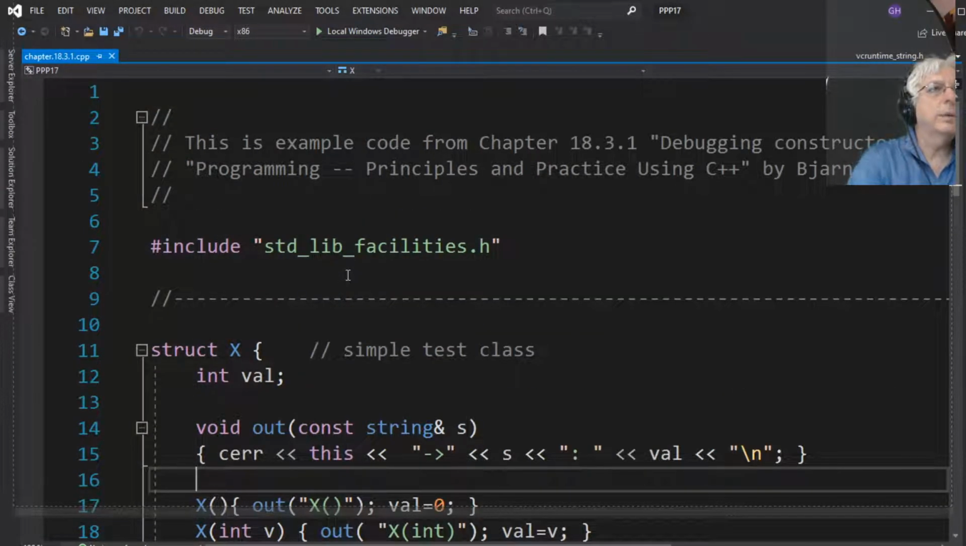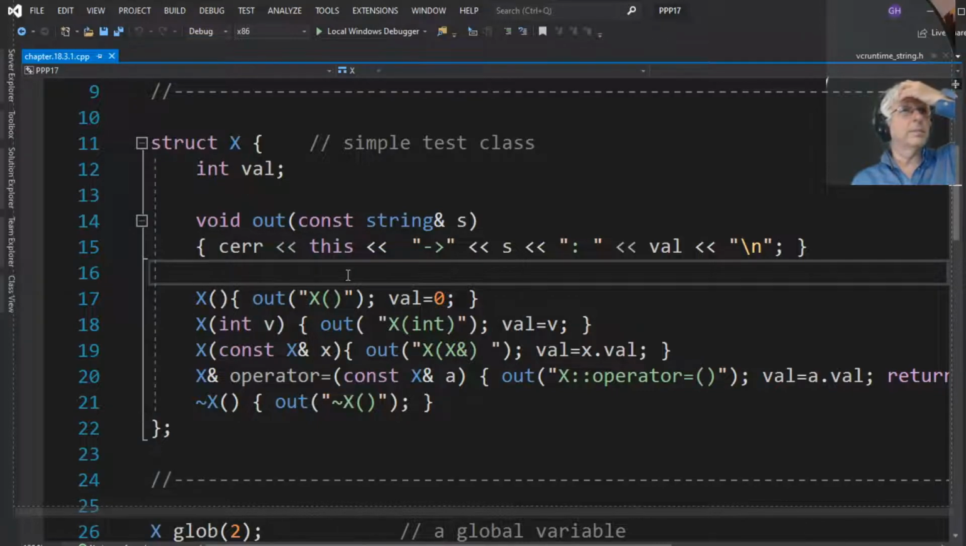All right, so here we've got a struct, and it says a simple test class. A struct is essentially a class, right? The default status is public, right? So the variable val of type int is a public member variable. We've got a public member function called out that takes a reference to a constant string s and prints out